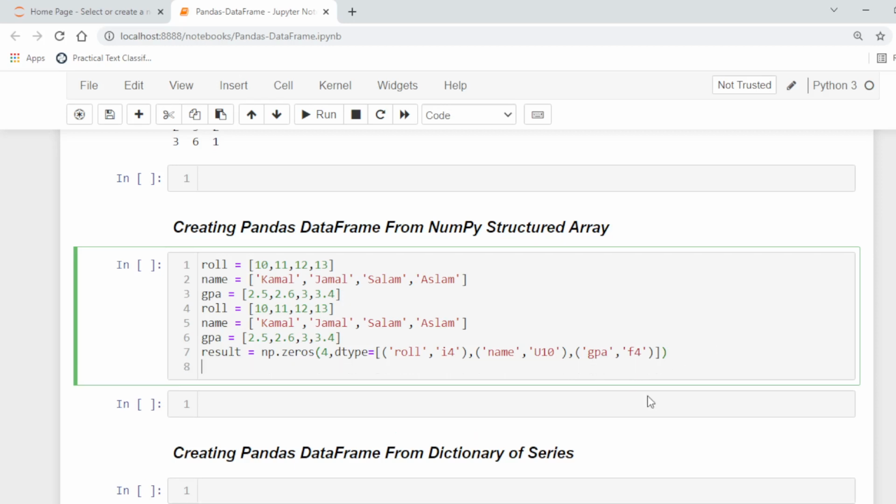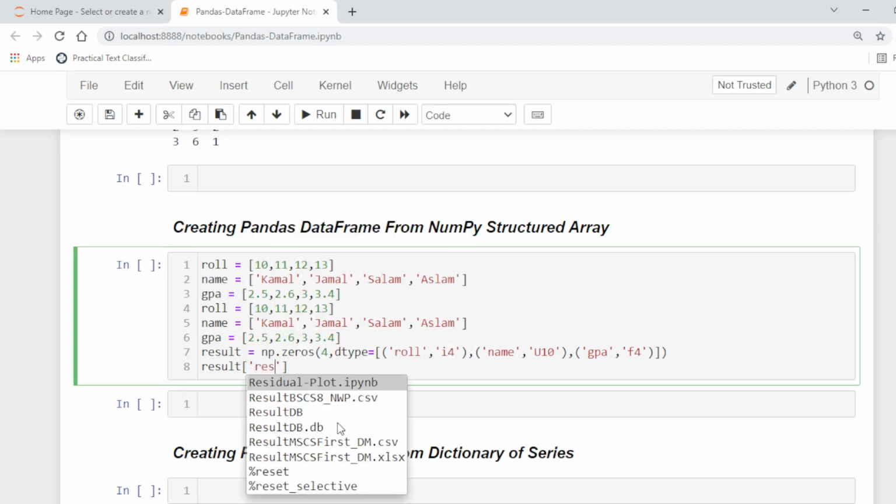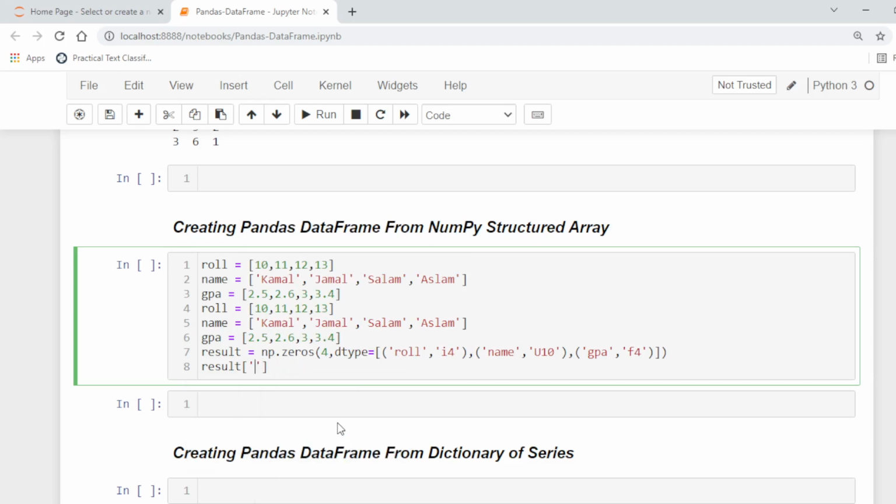So now we can store the data, for example, in a result. Here result roll is equal to roll.